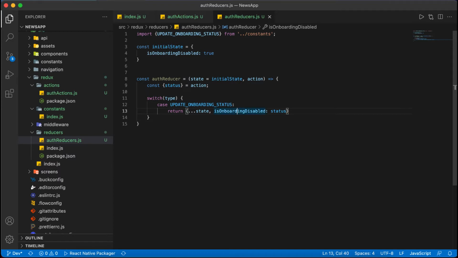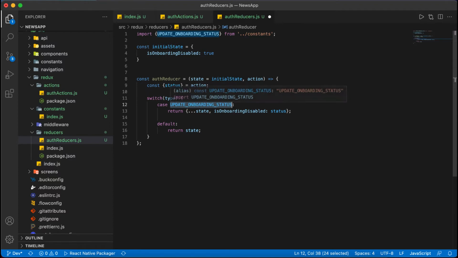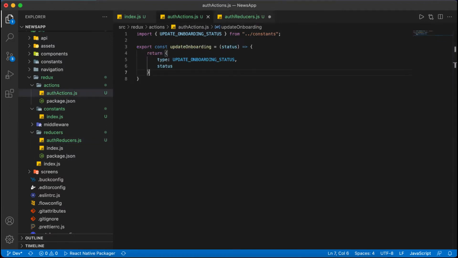Then there will be one default case, where we will return the state. So here we are checking the type. If the type is update onboarding status, then we are returning the state and updating the state as status that will come from the action. Here you can see.